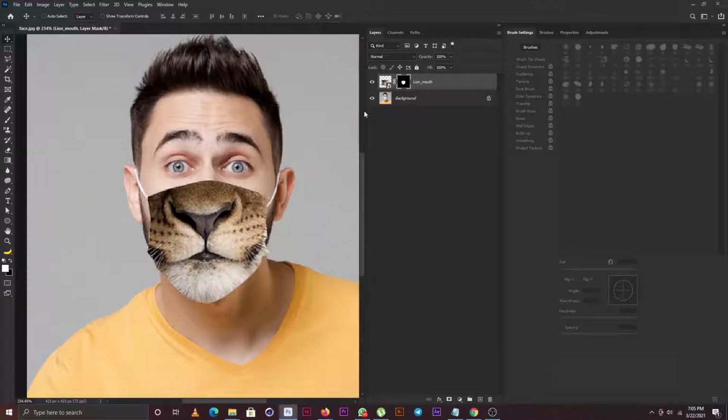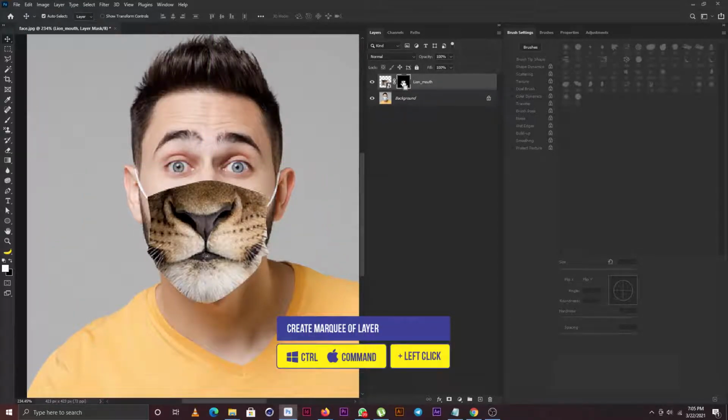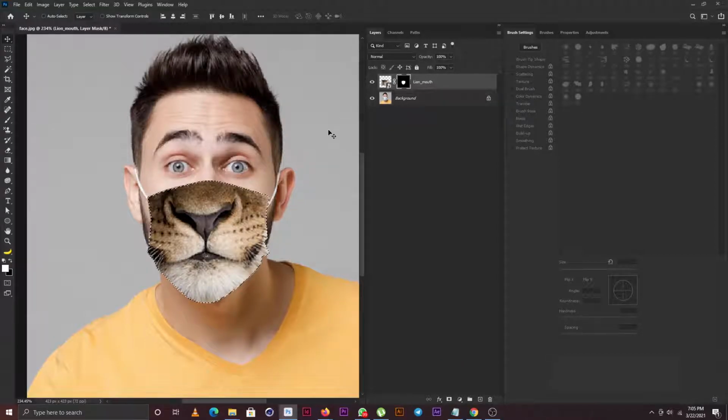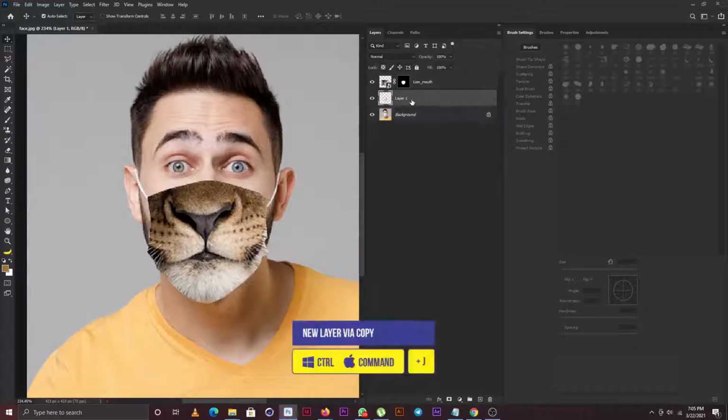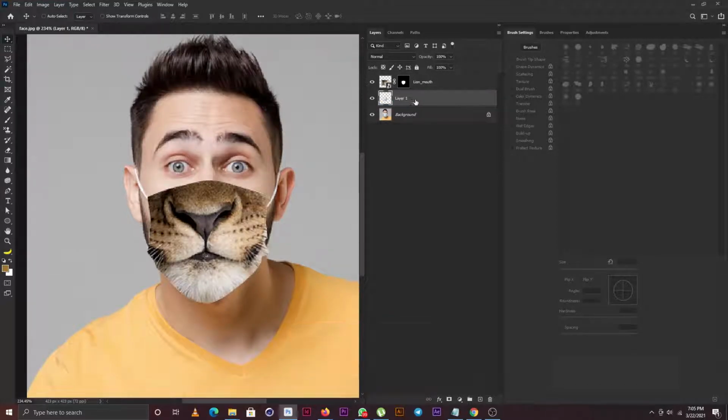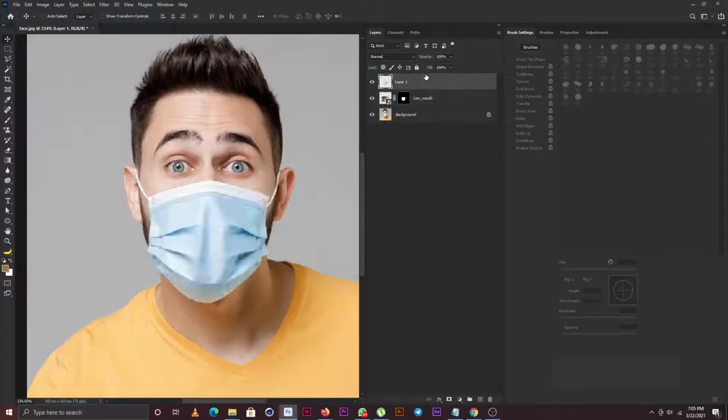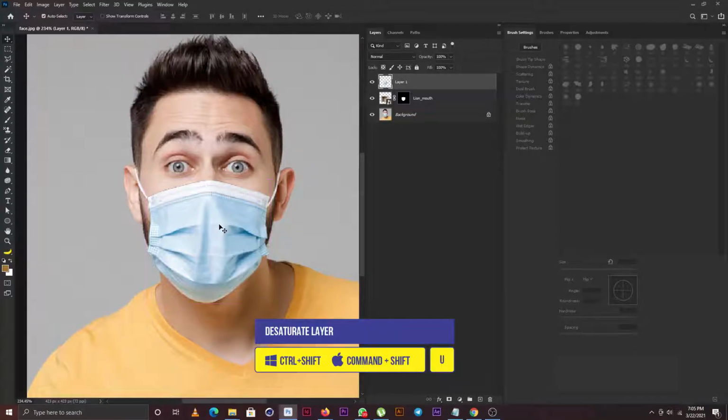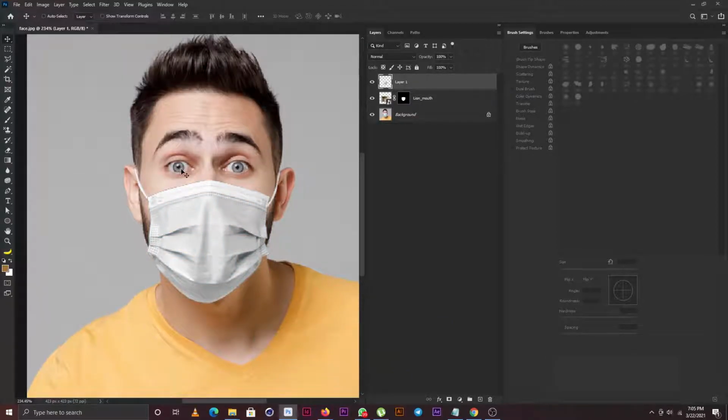So the next thing I'm going to do again is hold down Control and click to create a marquee of the face mask, and I'm going to hit Control J on my keyboard to make a copy of the mask, and I'll position this above the layer of the lion's mouth. Now we need to convert this to black and white because we need the shadow from the face mask. So I'm going to hold down Control Shift and U to desaturate the face mask, and I'll change my blend